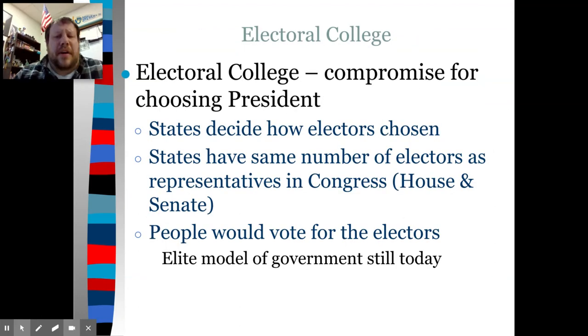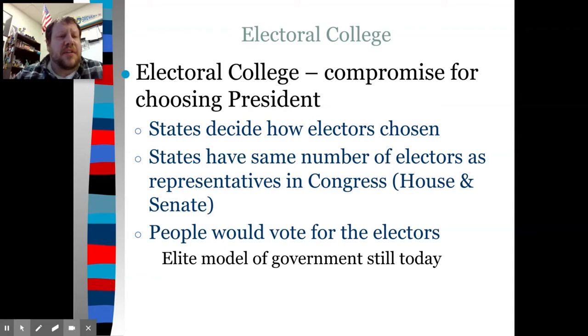The Electoral College is a huge compromise for choosing the president because the states got to choose how electors could be chosen, but the electors still made the decision for president. So essentially, they didn't trust the people to make this vote, and it was this very elite idea of government, right? The states would decide how to pick their electors, based on people's vote or not people's vote, whatever it might be,